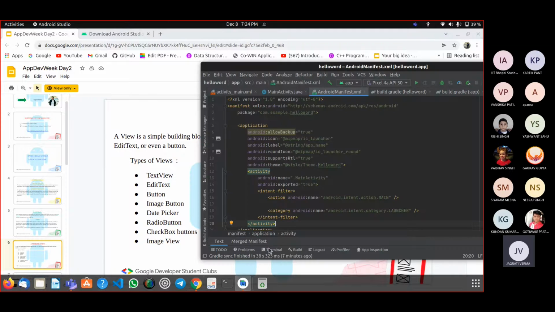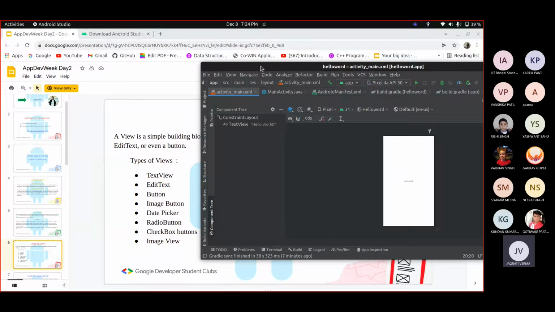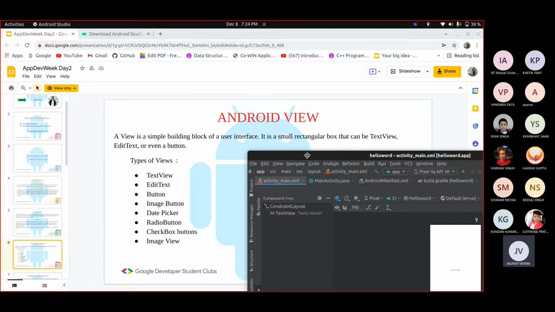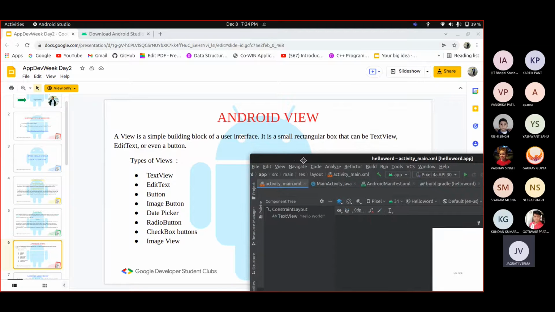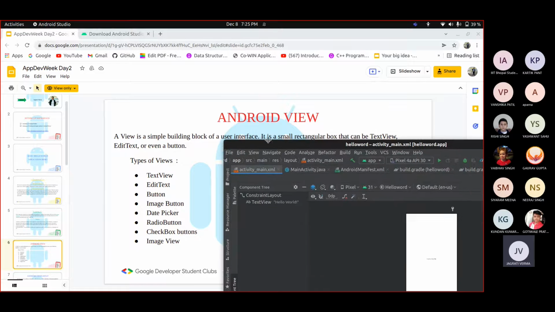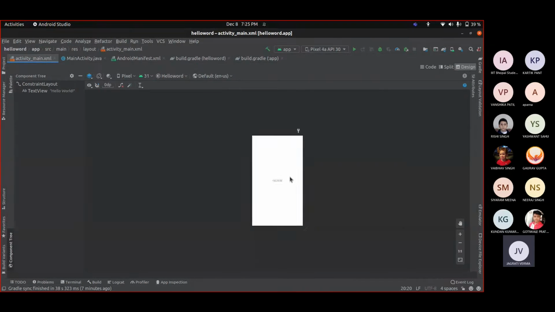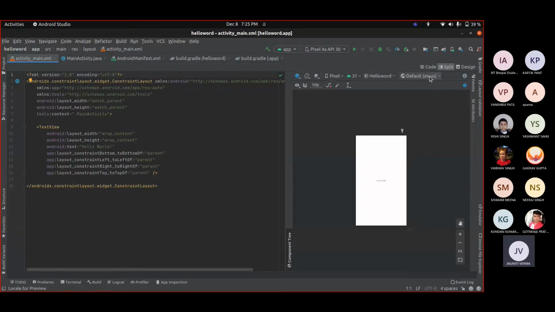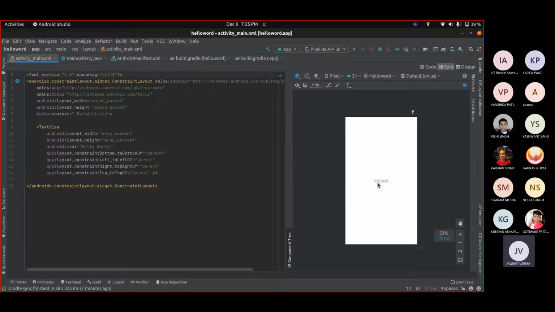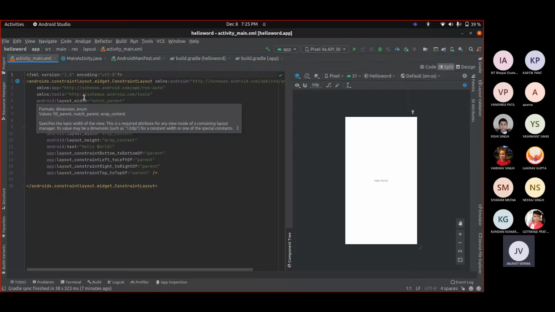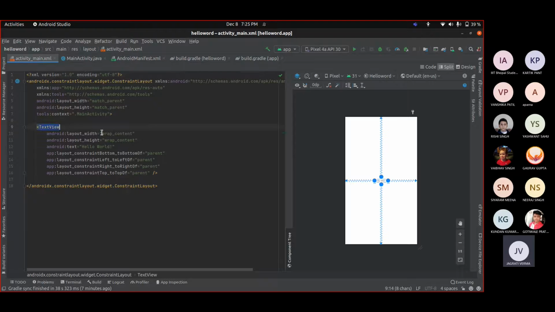So let us now move to our UI part, that is activity_main.xml of our Hello World application. Here we can say that in our user interface we have different kinds of views, different kinds of elements, so that we can add text, or an image, or icons, or we can also add some PDFs, or any file too. Okay, so for that we use views here. Like here we are using a simple text view, and the default text of this text view, as you can see, is Hello World.